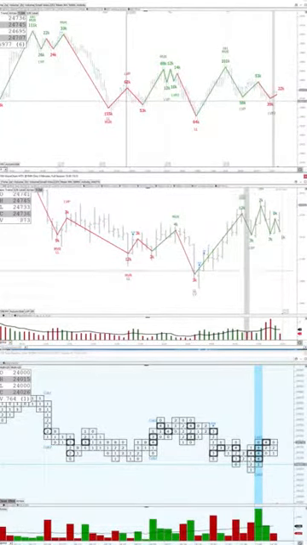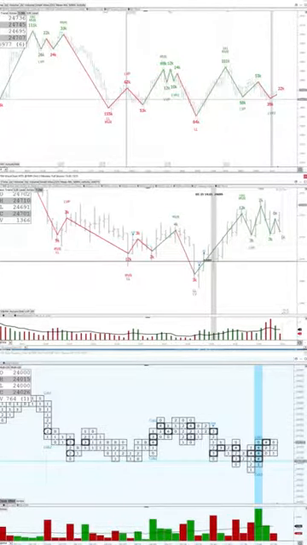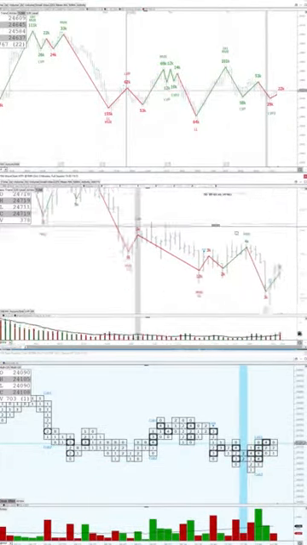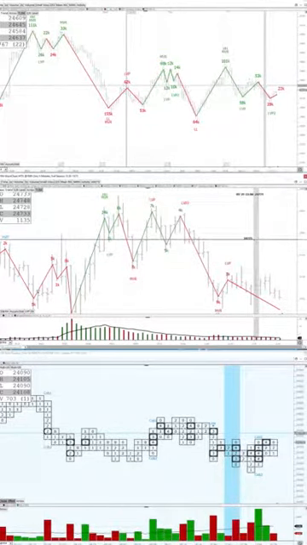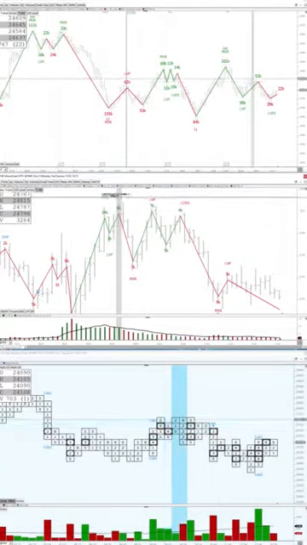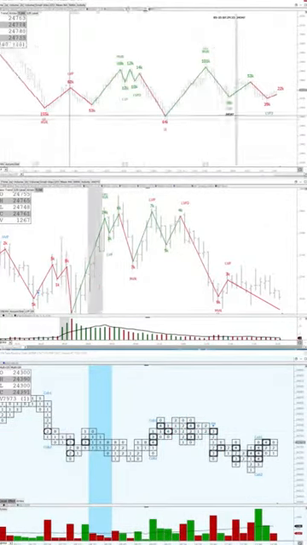Wanted to go over this type of action to show how the move went from strength to weakness. This is kind of important to understand. Alright,